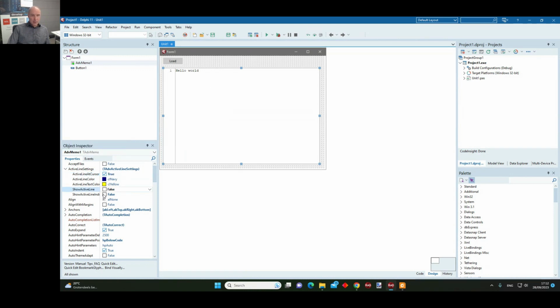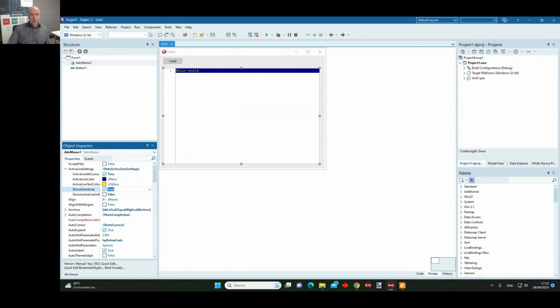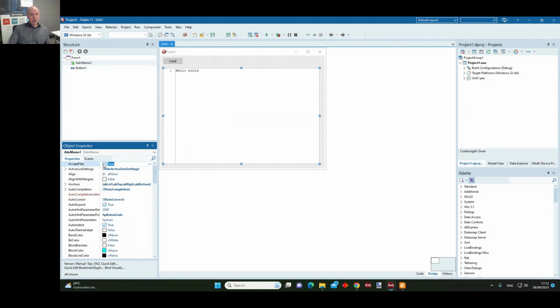When I run it, you can see that the line where the caret is supposed to be is highlighted or shown in a different color to emphasize where exactly you are editing in this memo control. Accept files, for example, when enabled, is the property that controls that you can simply drag and drop files on top of the memo and it will open them automatically.